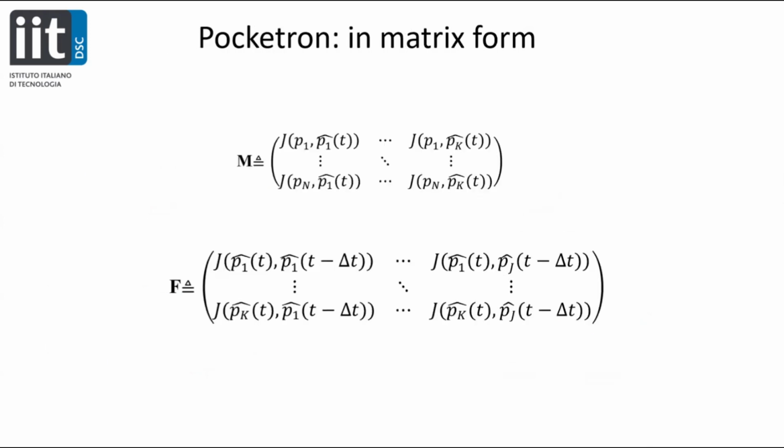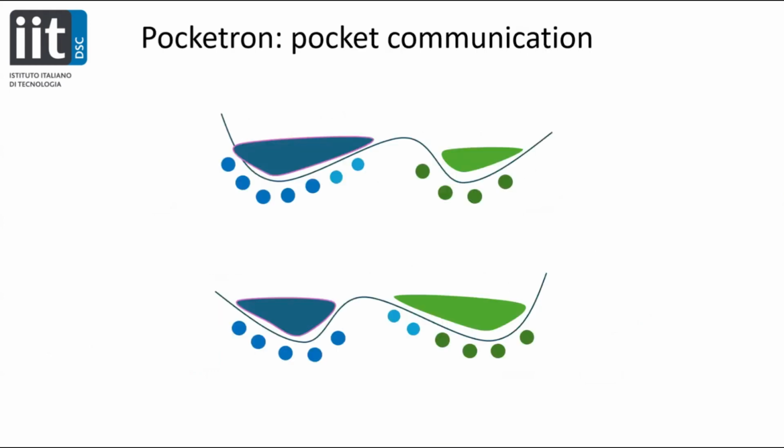So technically, by using two matrices, you can solve all these problems. You have the pockets at this moment versus the pockets stored so far, and the pockets at time step t versus the pockets at time step t minus delta t. From these matrices, you can track all the events of your molecular dynamics trajectory. And this is probably the most relevant thing to this venue: how we can try to give a definition of allostery by this tool, by this strategy.